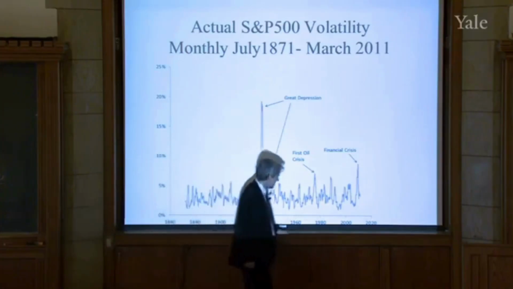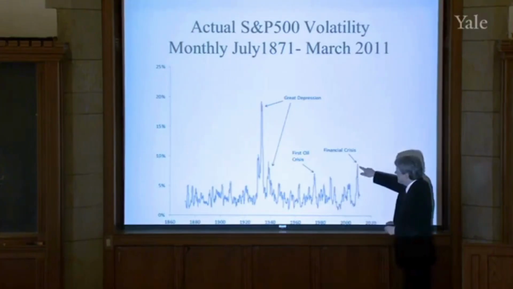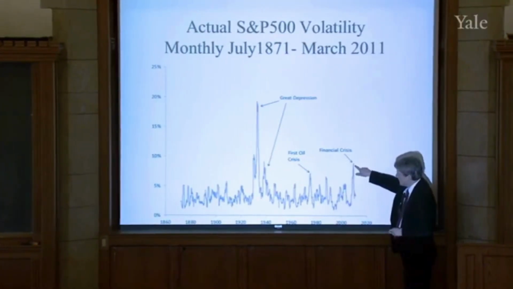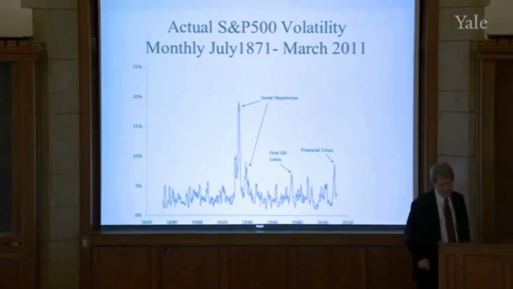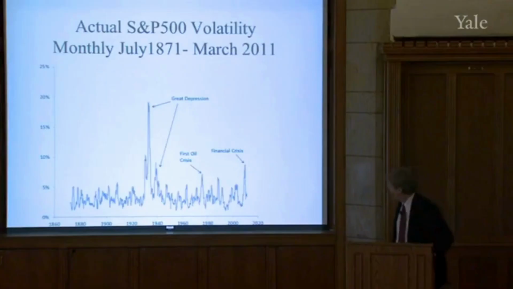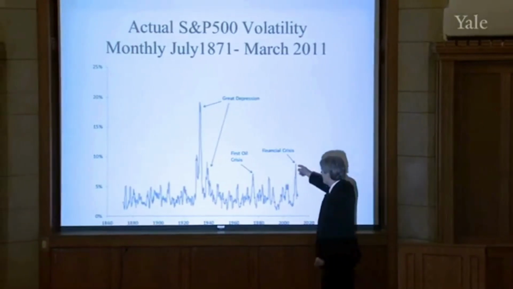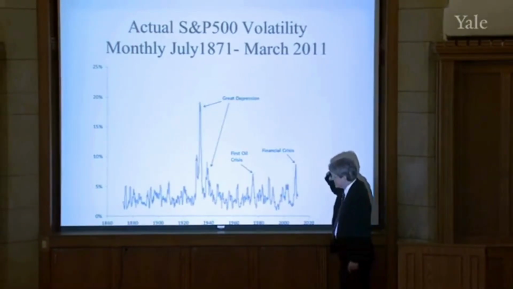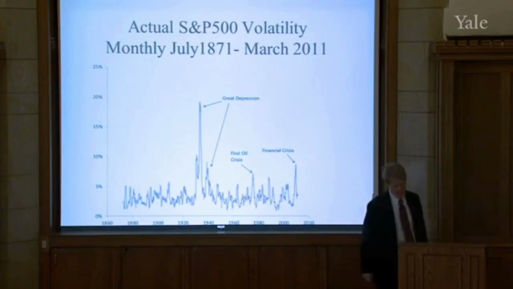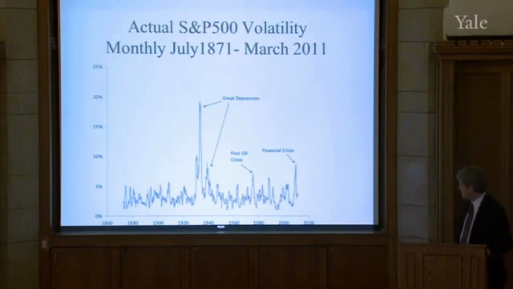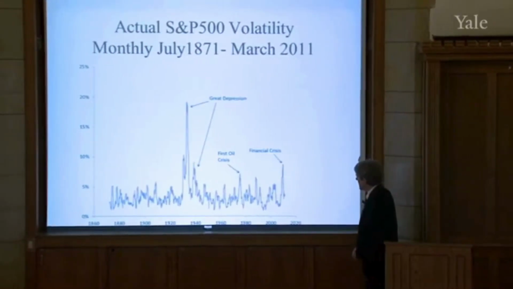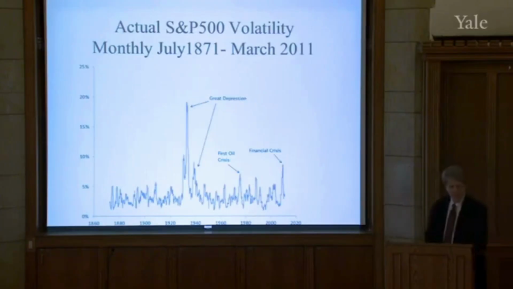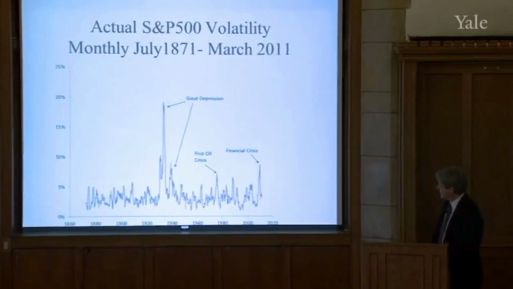The recent financial crisis has the second highest volatility after the Great Depression. This isn't long ago. This is well within your memories. It's just a few years ago. We had another huge impact on volatility. And as you saw in the preceding slide, it had a big impact on implied volatility as well. So I think that we had a near miss of another depression. It's really scary what happened in this crisis.